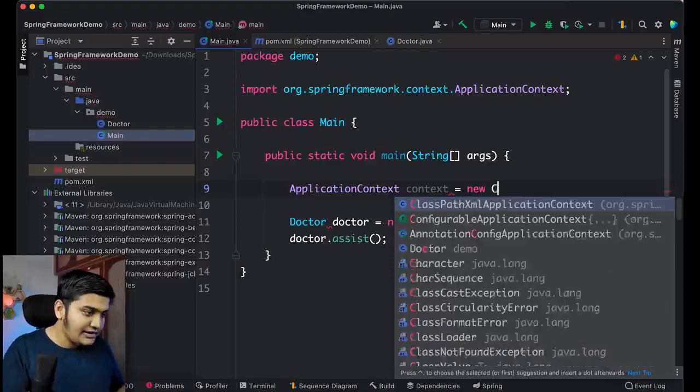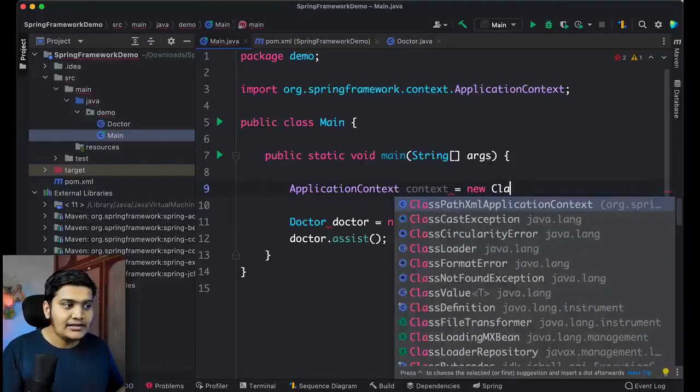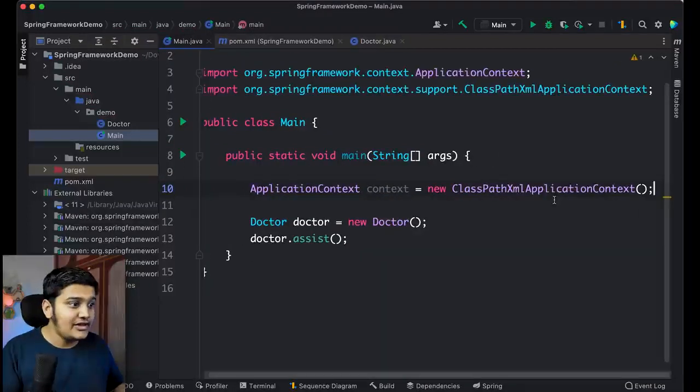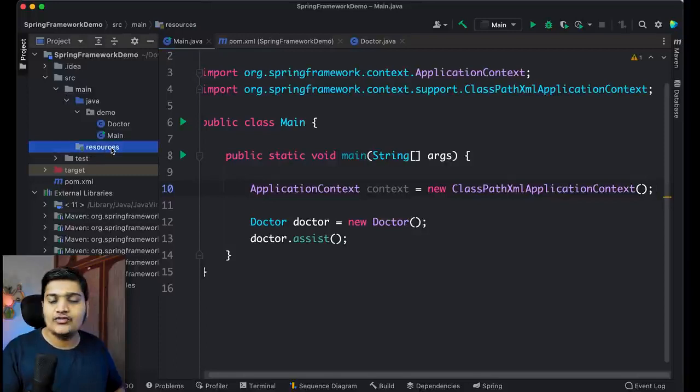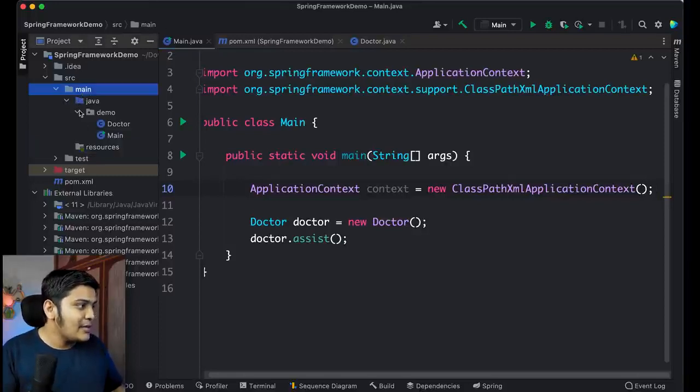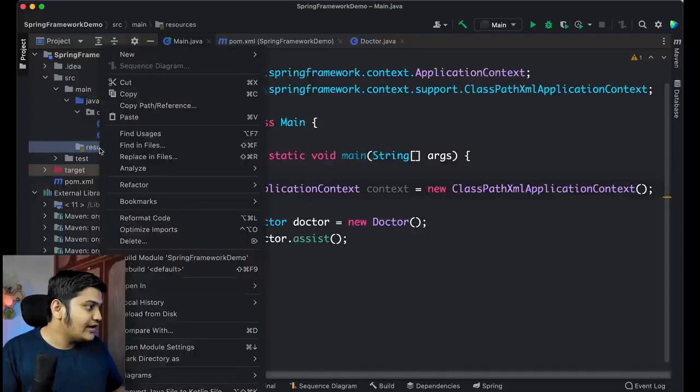So here there is a class called ClassPathXmlApplicationContext, so we will be using this one. As we are using ClassPathXmlApplicationContext, we need to create the XML configuration for it. So let's create the XML for it. That particular XML has to be in the class path. Whatever is in the resources folder will be in the class path, because everything is in the main, right? So let me just create the XML file,